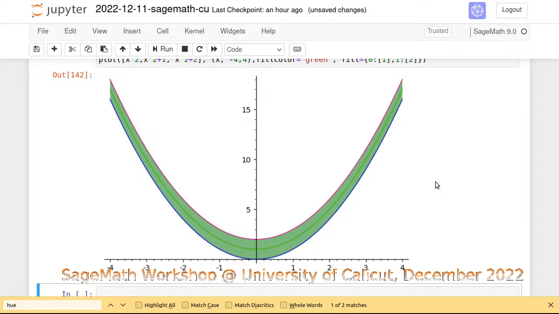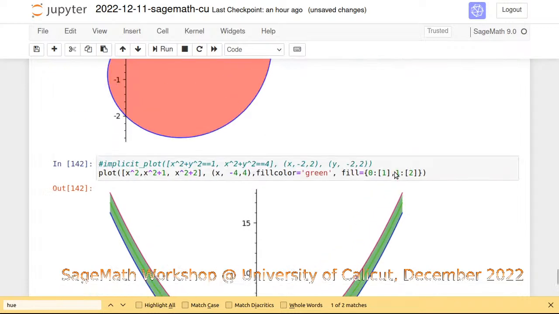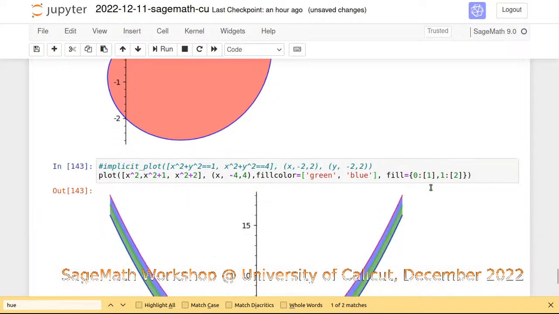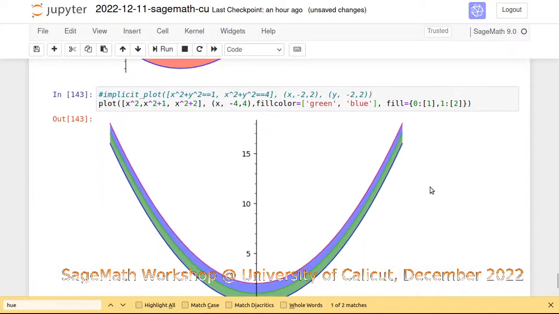So if you want to change the color, everywhere we need to specify the color, right? So otherwise, can we specify the fill color to be different things? Fill color, suppose that we give fill color also as a list, will it work? I don't know, I'm just trying. If I give two optional colors, will it work? Yes. Fill color we can give as a list, so green is filled from 0 to 1 and from 1 to 2